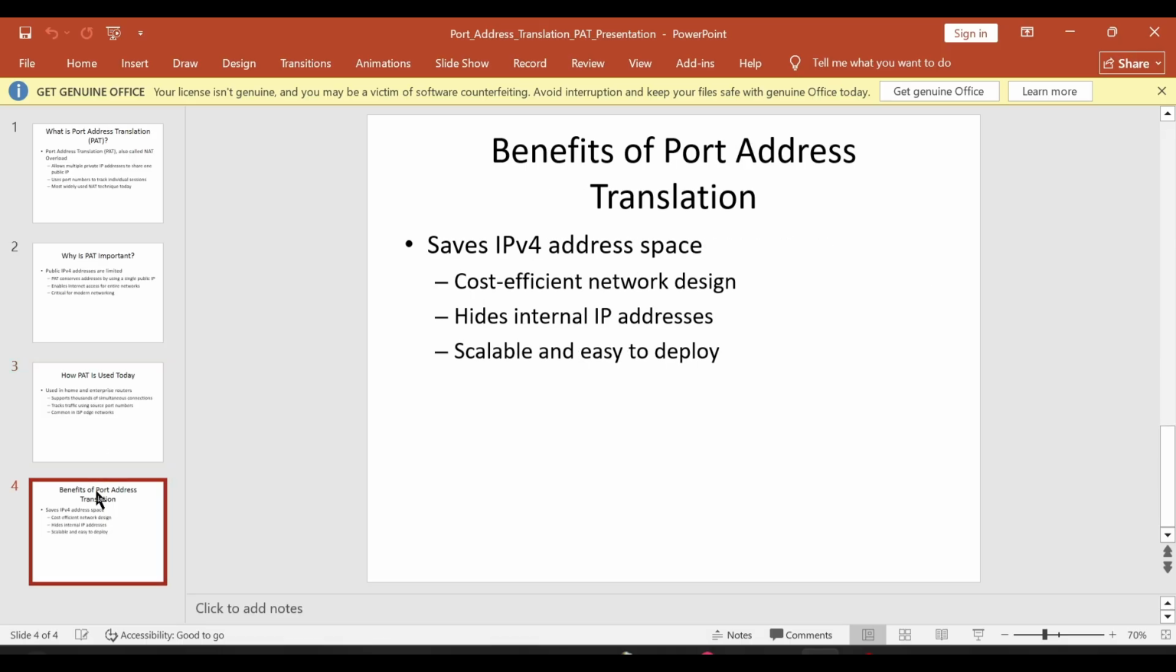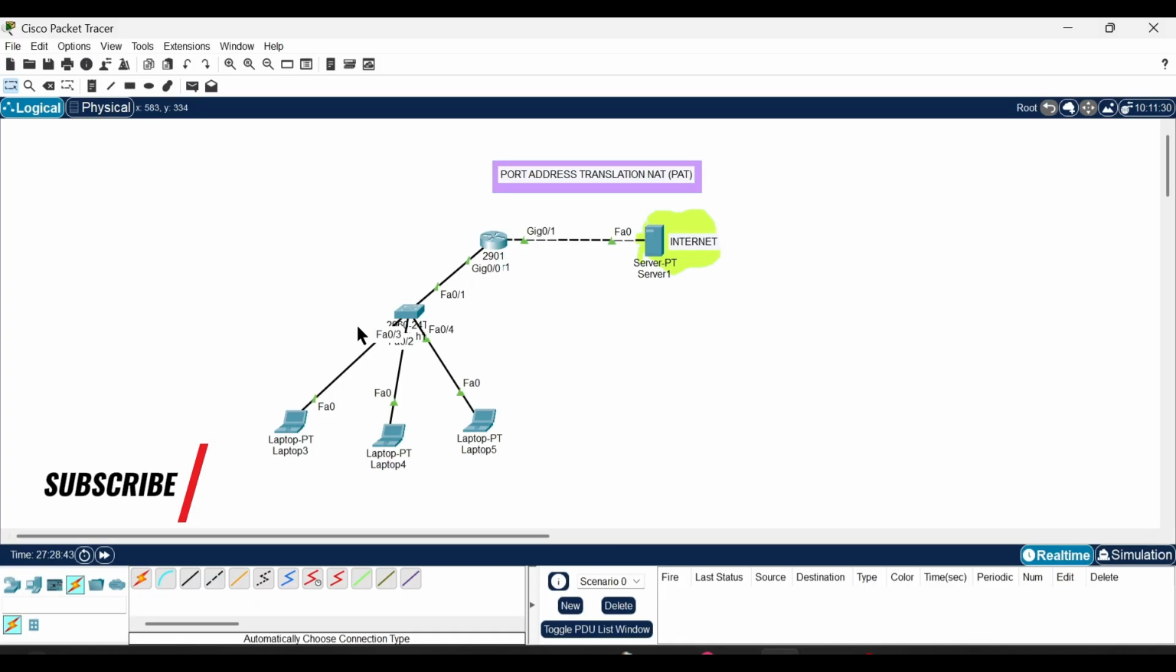The benefits of Port Address Translation include saving IPv4 address space with a cost-efficient network design. It also hides internal IP addresses, and it is scalable and easy to deploy. So with that being said, let's head over to our configuration phase, where we get to configure Port Address Translation